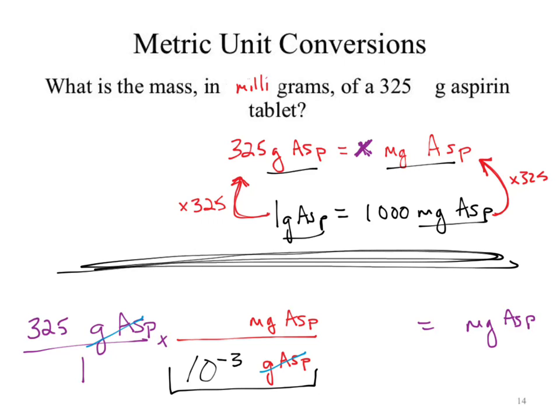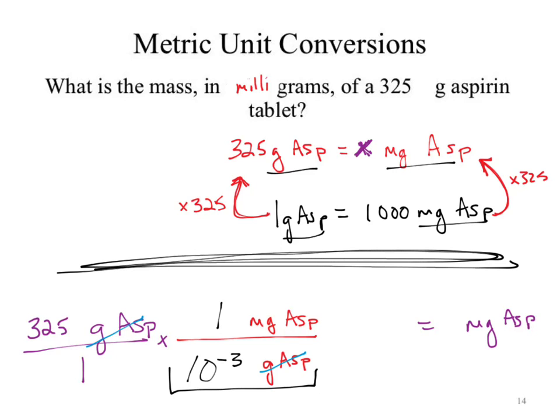What goes with milligrams? 1. I can now punch it into the calculator and I get the exact same answer as up above. If we go up above, you might say, well, didn't that one say 1,000? You're right, it does, because you memorized something different. That's okay if you want to memorize that. The problem with memorizing that 1 gram is 1,000 milligrams is where did your power of 10 go? It went with milligrams. Does milli mean 10 to the third? No. Milli means 10 to the minus third.